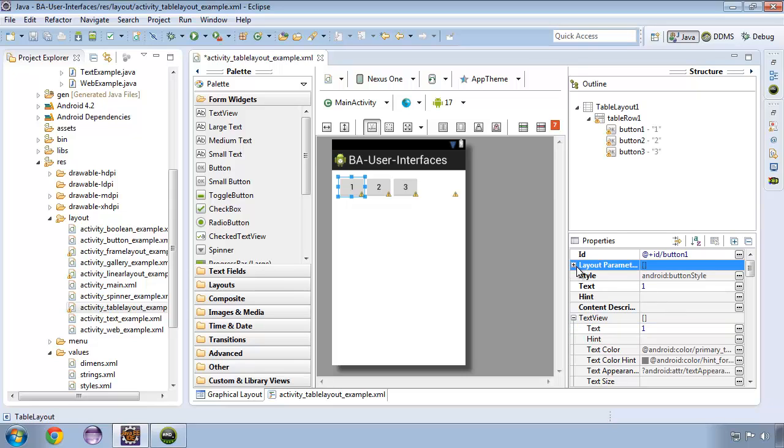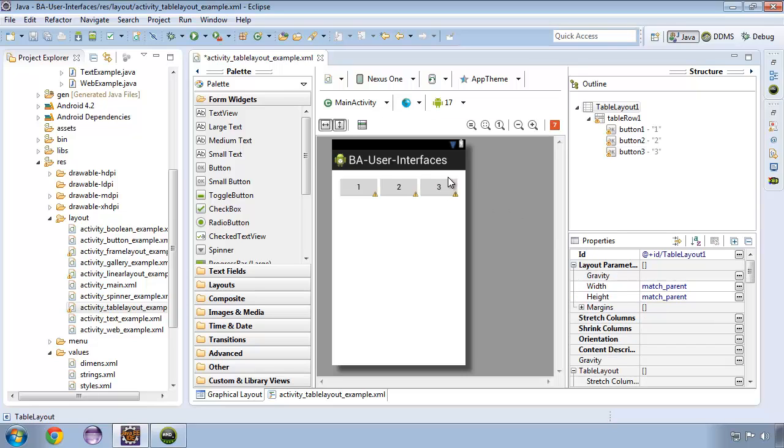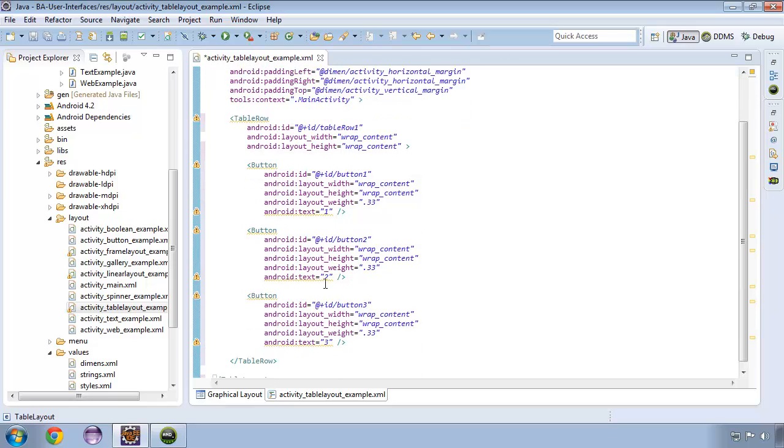And weight-wise, 0.33, 0.33, and 0.33. So you can see evenly distributed 3 cells within the first row of our table